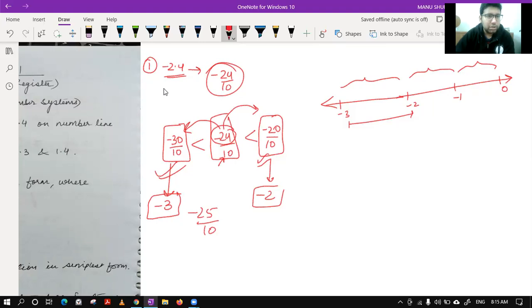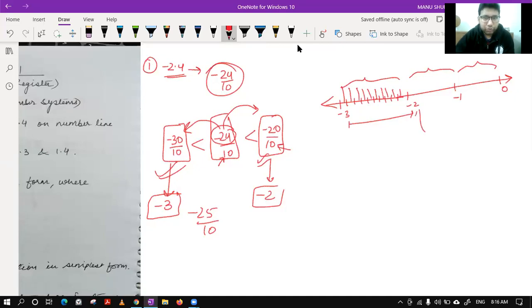Okay. Now after that, tell me, Kamaljot, how many divisions shall I make between minus 2 and minus 3? To locate the point correctly, how many divisions should I make? Good, Kamaljot. So you can see the denominator is 10. So we have to divide this in 10. So you can see, 1, 2, 3, 4, 5, 6, 7, 8, 9. Done. So this is the first block, second block, third block, fourth block, fifth, sixth, seventh, eighth, ninth, and 10th. So we have complete 10 blocks between minus 2 and minus 3.